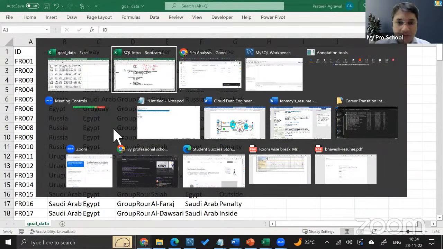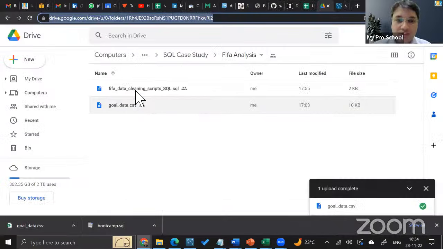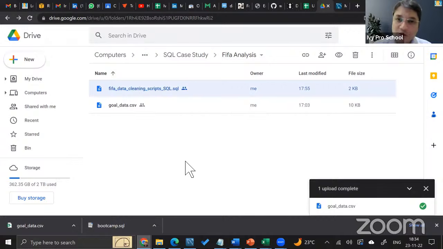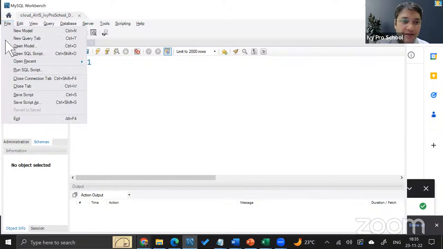Now we will go to MySQL Workbench. The first thing that we will do is open that SQL file that I gave you, where I have already pre-written the SQL commands. I'm going to take you through all these commands again today, so that you can try it with me during the session or after the session as well. In order to open the SQL file that I just shared with you, under Workbench, you need to go to File, and then you will find Open SQL Script. Please do not double click.